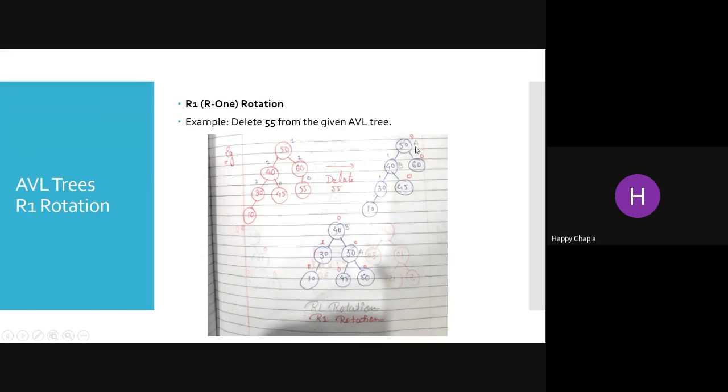I have mentioned over here in the tree, that is A and B. This is B and A. Correct? So you can imagine this is my T1, this is my T2, and this is T3. So T1 is always at that position. T2 is going to be inserted on the right hand side of the AVL tree, and we have to insert it in the A of left. Clear? So R1 rotation and R0 rotation. Clear?